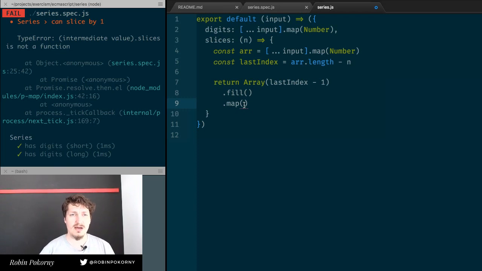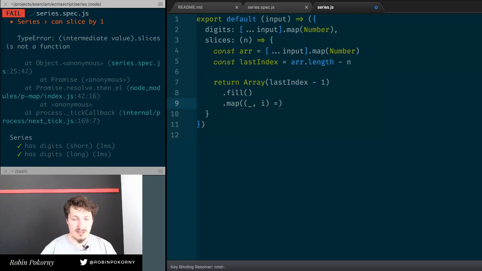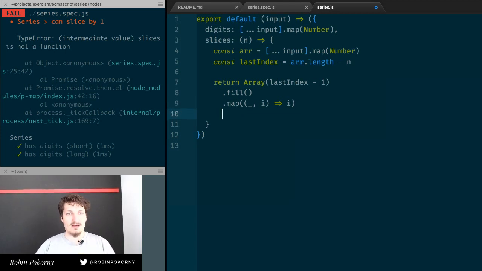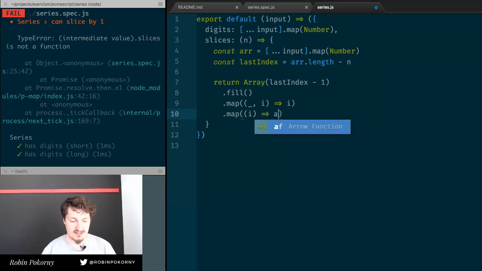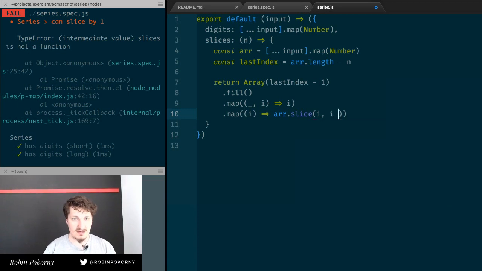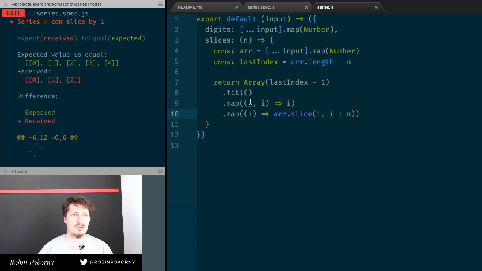So what I do, I don't care about the first parameter. I care about the index. And I turn that index into, I guess I just need this. Yeah, it's cool. So I have the index i, and I want to have a portion of the array, so I will use slice starting at i and ending at i plus n. That's it, right? So if I save this,